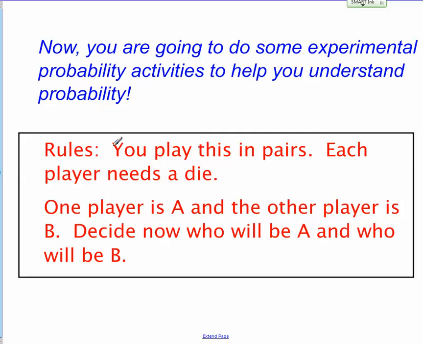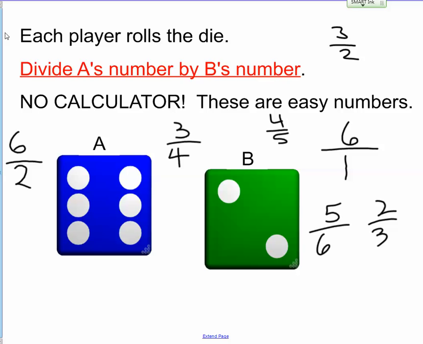So we played this game. One player was player A, and the other partner was player B. And in this game, you rolled the dice, and you divided A's number by B's number. So if A rolled a 3 and B rolled a 2, you divided 3 by 2, and that's 1.5. You just take the first digit, a 1, and you record it. If A rolled a 6 and B rolled a 2, we did 6 divided by 2, and we recorded a